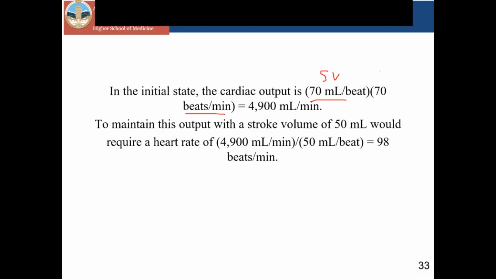So stroke volume multiplied by the heartbeat is 4,900 milliliters per minute. It is cardiac output. It means this person's heart pumps 5 liters per minute. And to maintain this volume, we need to,